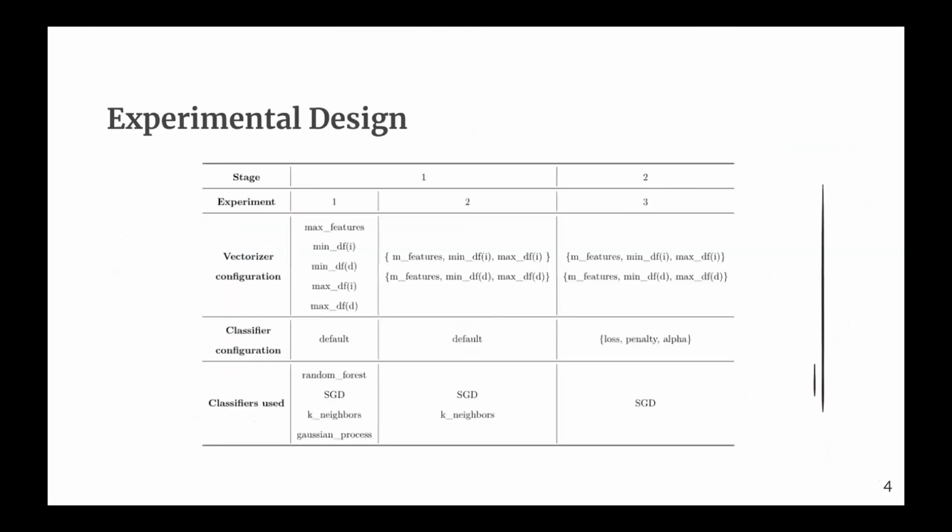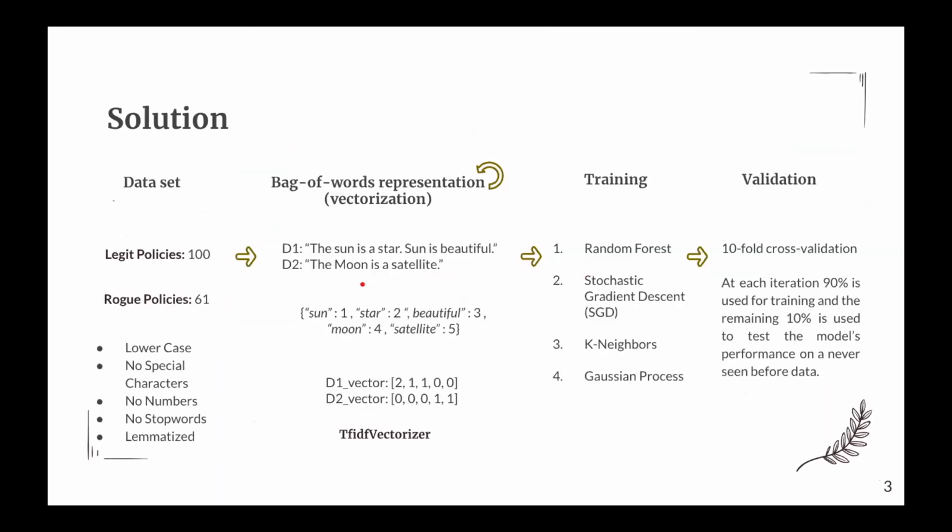Okay, so yeah, in reality, we got a data set that was already pre-built. So it already had the legit and rogue policies classified. But we did some research, and what we figured out is that they follow these policy guidelines that were created by the US, the European Commission, and Canada. And it's called the FTC Commission. And what they did was classify what's legit and what's not. And so that's how the data set is determined.